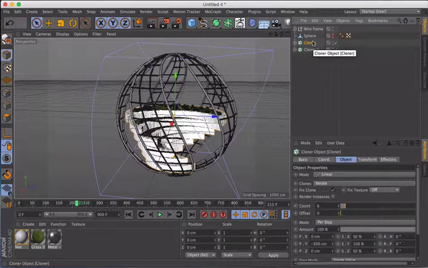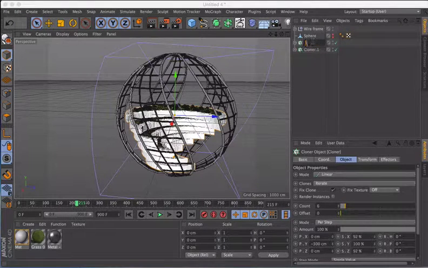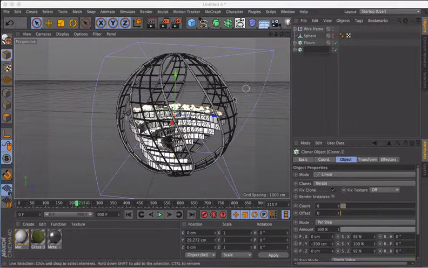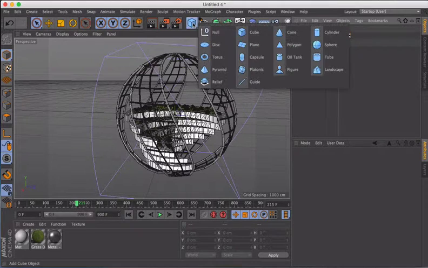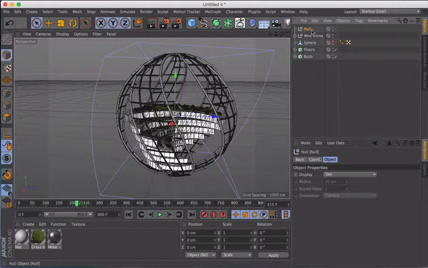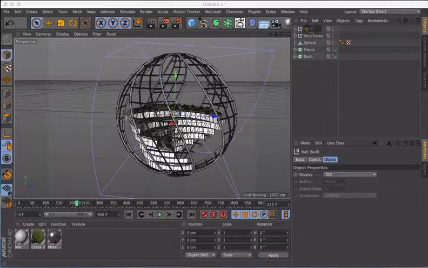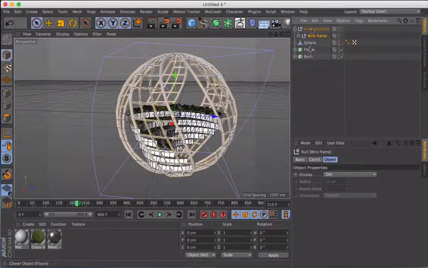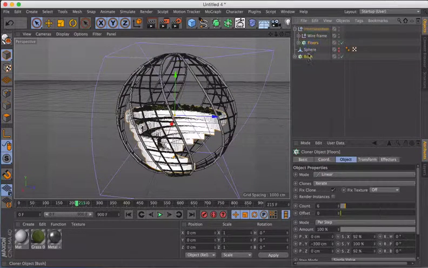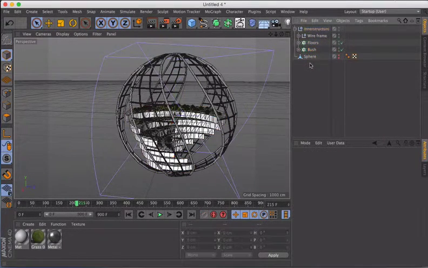and we rename this one into floors. And this one for the bushes, and we grab a null and we call it inner structure, and then place the elements inside of it. Okay,